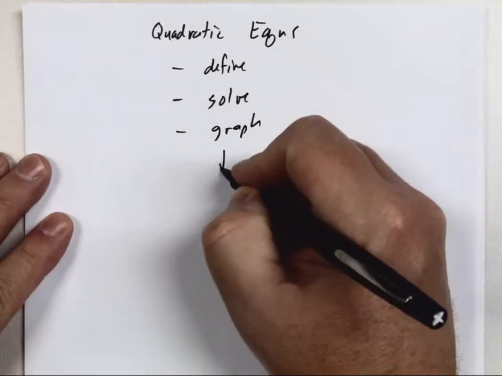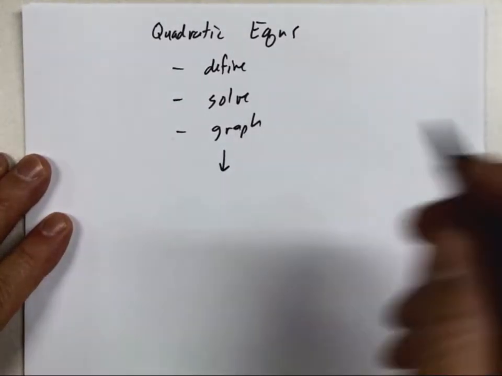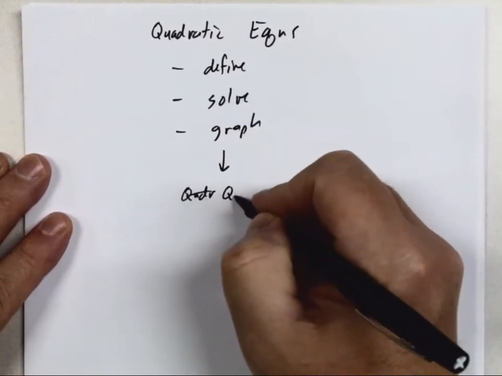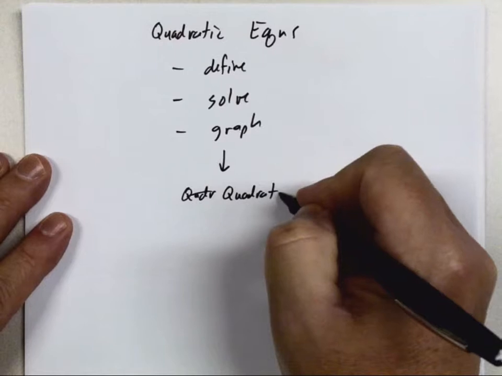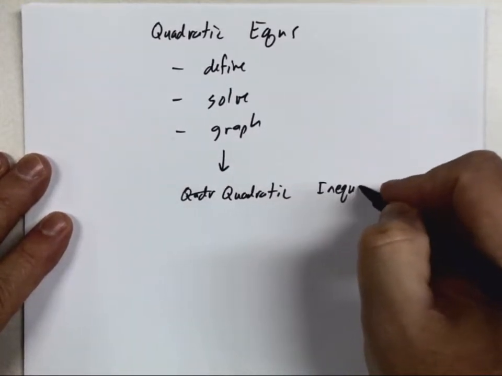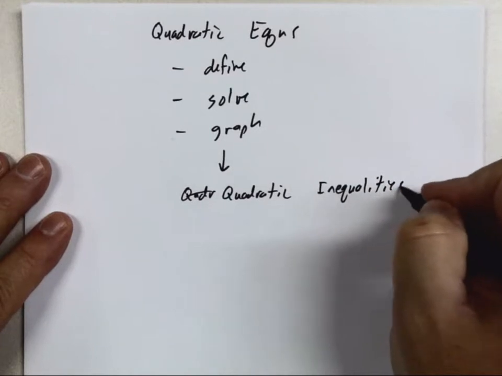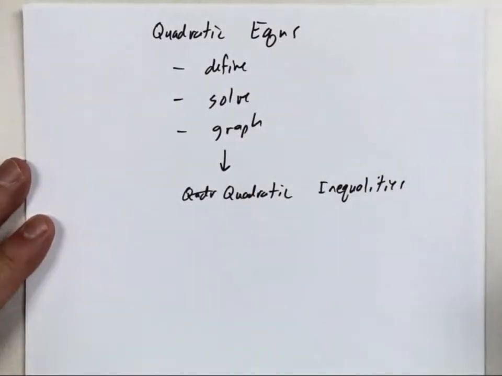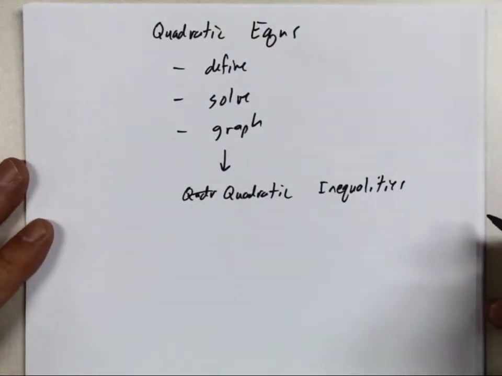And then after that, if I can spell, we're going to go and look at solving quadratic inequalities where we have a greater than and less than. So a lot of stuff to do. So what I thought I would do, let's just, in terms of defining quadratic equations,